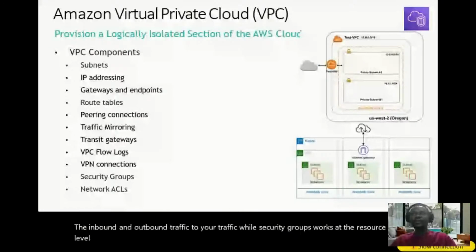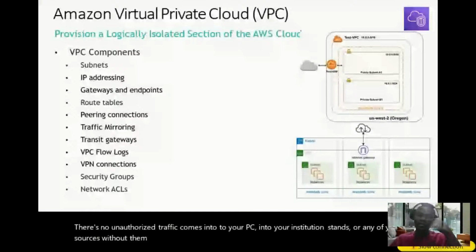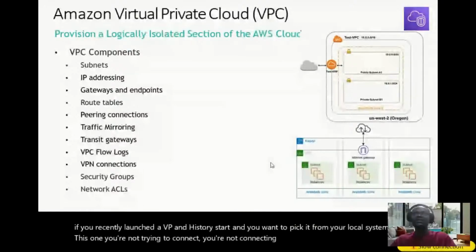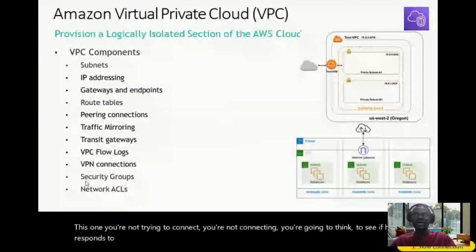They help you monitor traffic, ensuring that no unauthorized traffic comes into your VPC, into your EC2 instance or any of your resources without you knowing it. For instance, if you recently launched an EC2 instance and you want to ping it to see if it responds to requests, you will never get a response until you define the rules, maybe the ICMP rules, under your security groups or at the